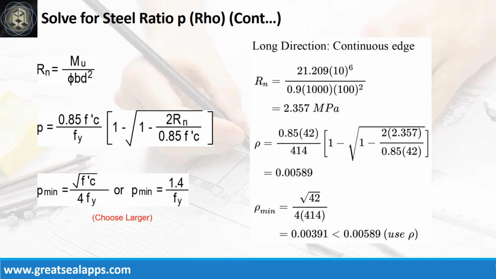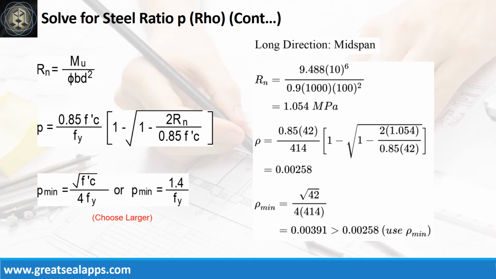0.00391. Given long direction, continuous edge moment equals 21.209 kN-meter, resistance factor equals 0.9, B equals 1000 mm, and D equals 100 mm. The beam design ratio Rn equals 2.357 MPa, and reinforcement ratio Rho equals 0.00589. Given long direction, midspan moment equals 9.488 kN-meter, resistance factor equals 0.9, B equals 1000 mm, and D equals 100 mm. The beam design ratio Rn equals 1.054 MPa, and reinforcement ratio Rho equals 0.00258. Use Rho minimum of